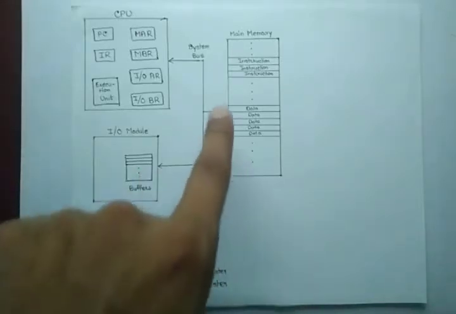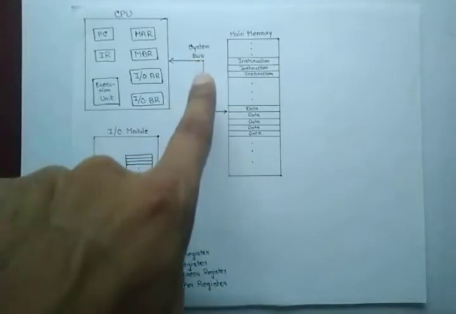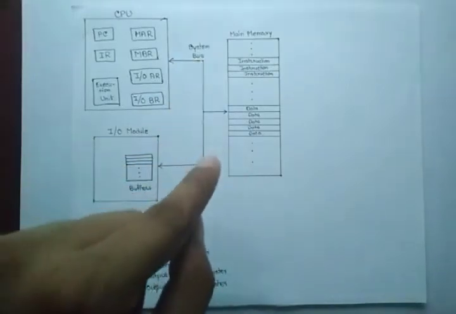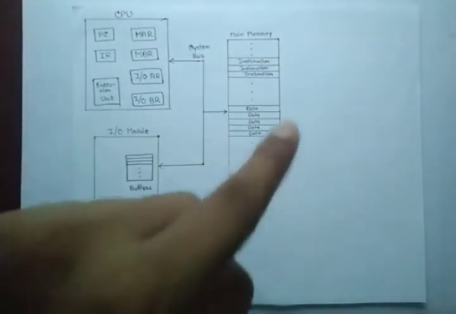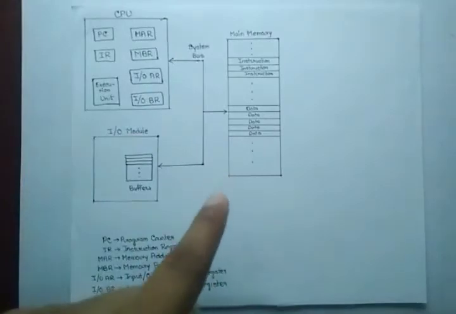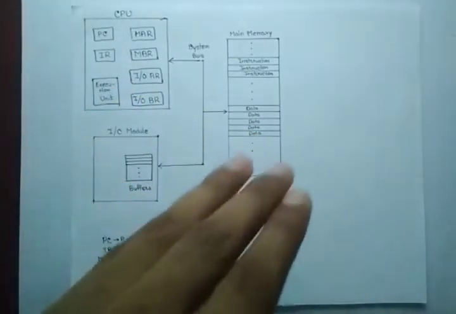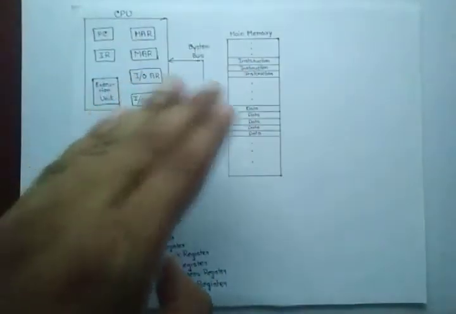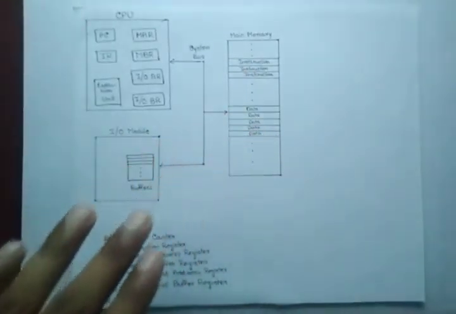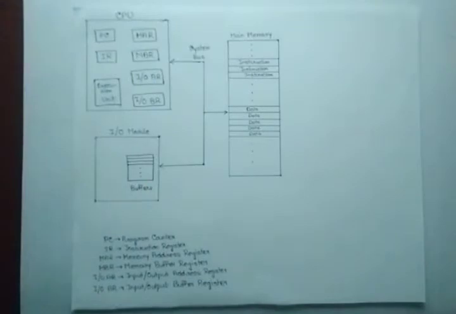And you can see this line over here, this is called the system bus. Now this is nothing but electrical lines which are used for transfer of instructions or data from one location to another inside the computer system. Now let's understand how an instruction is being represented inside a computer system. Then we'll see how these components execute that particular instruction.